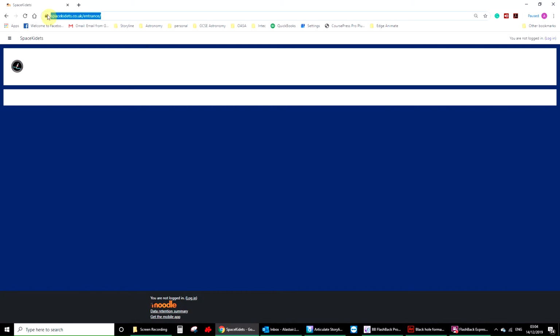www.spacecadets.co.uk/entrance. Please make sure that the word entrance is in lowercase. If you put an uppercase E in there, it will not go there. So this will then bring you to the signing in page, to which we then click on login on the top right hand corner, and then that should open up the login page where you can then put in